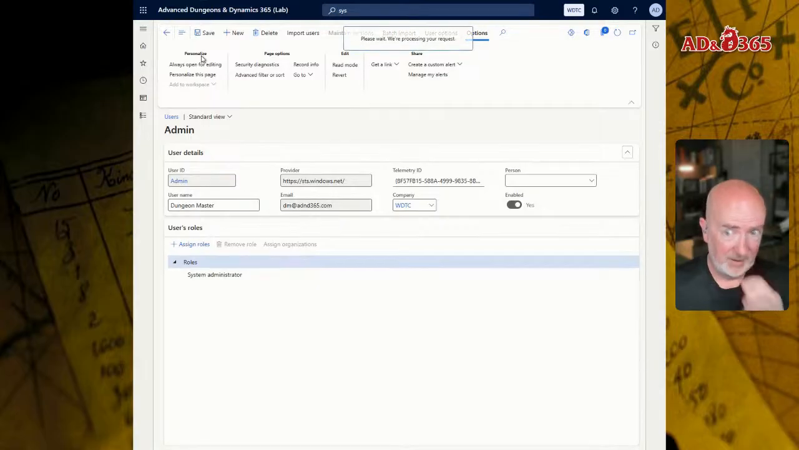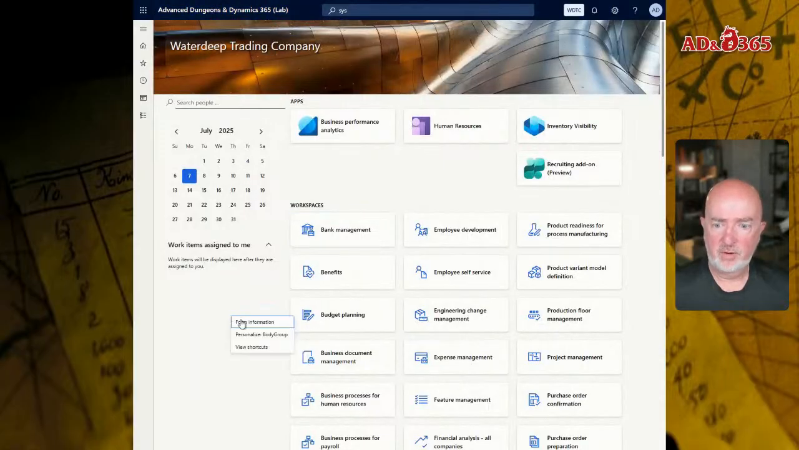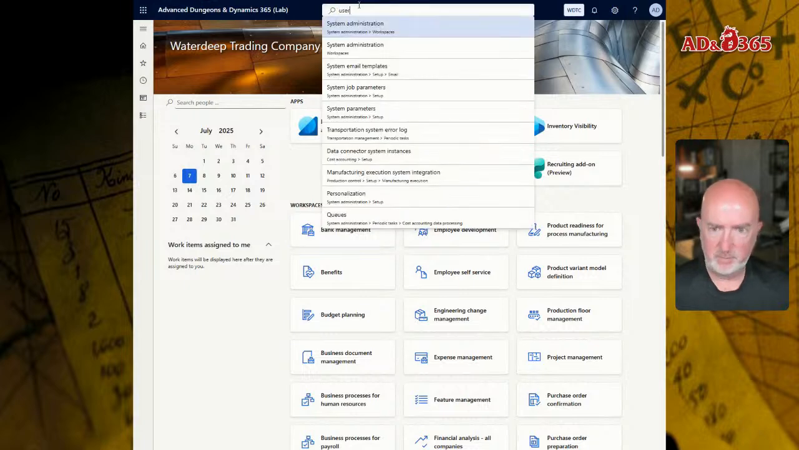So every time they log in, they're going to go straight to the Waterdeep Trading Company legal entity, even though nothing's set up now. If I want to refresh it, that's going to take me straight here. I'm not going to have to change my user along the way. So if I go back to my users